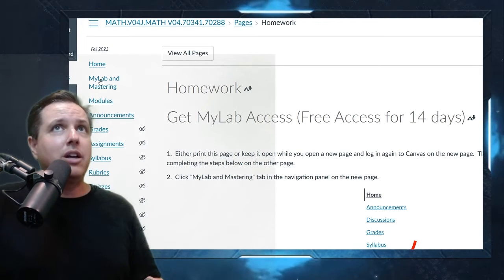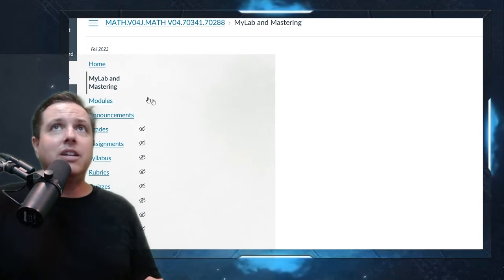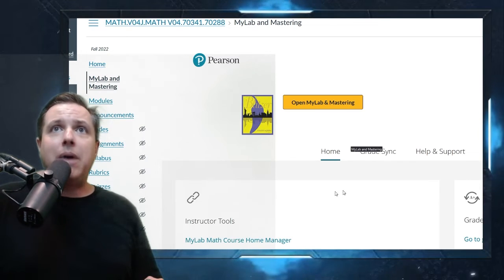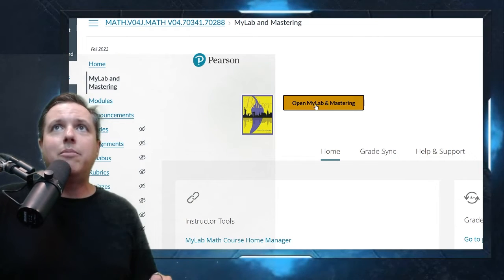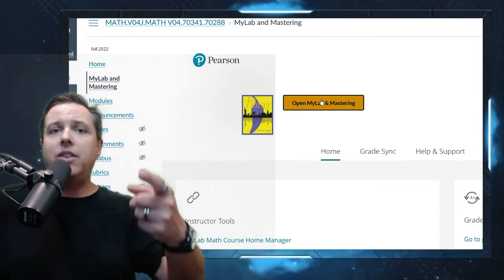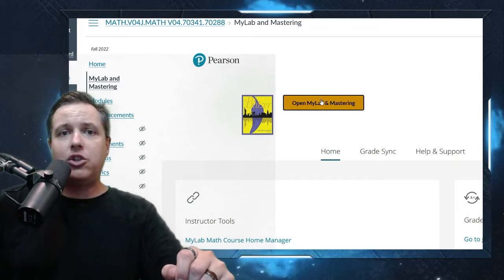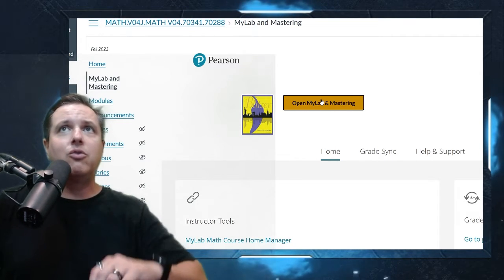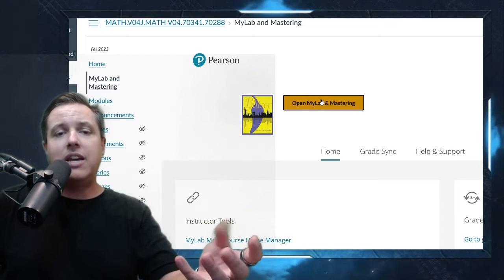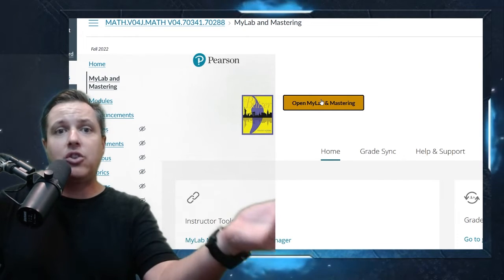Come up here, click on MyLab and Mastering. It's going to take you to a link here. Mine's already kind of set up. Yours will look a little different because you're a student and you don't have your math set up. Just click this button, go in there, and then follow those directions on what I just showed you, where it had the red arrows pointing to what you want to see on the different screens. Get your account set up, and then you can start the homework, okay?